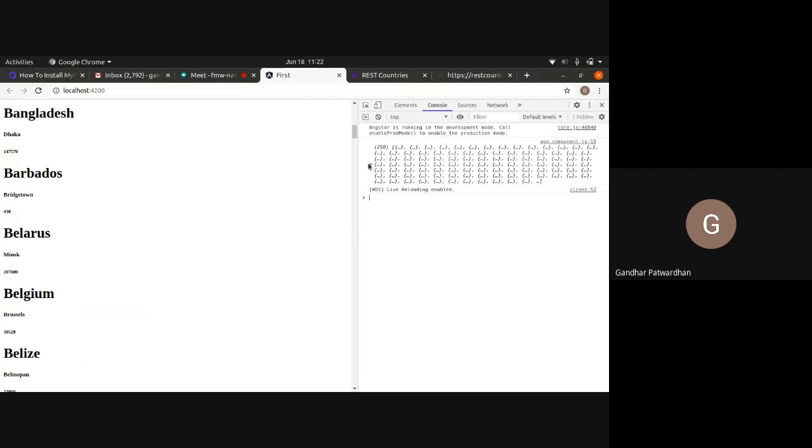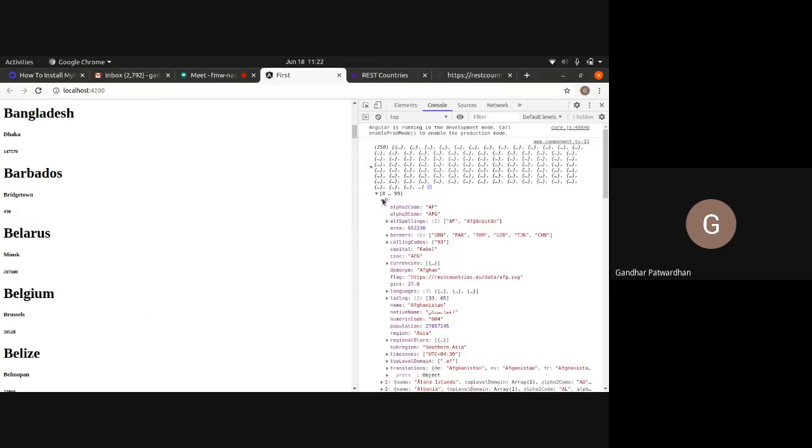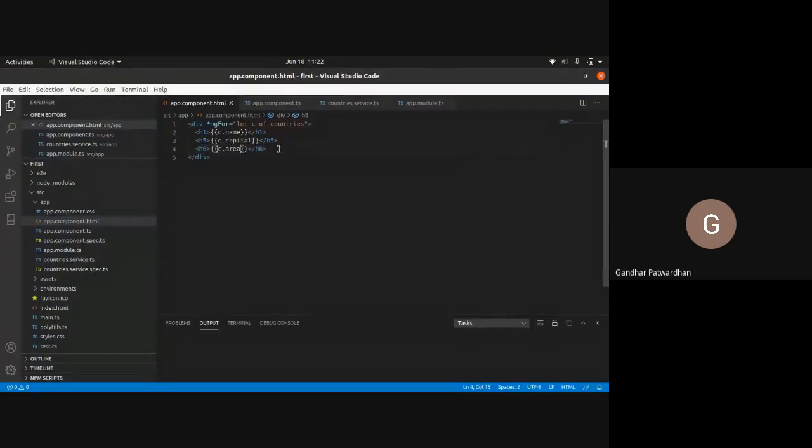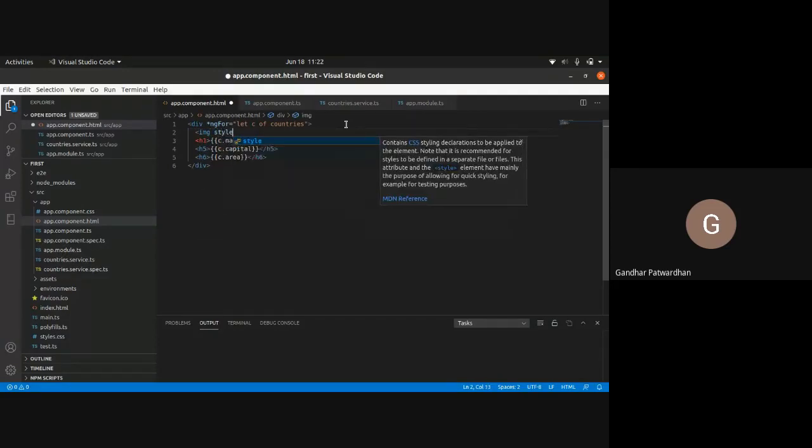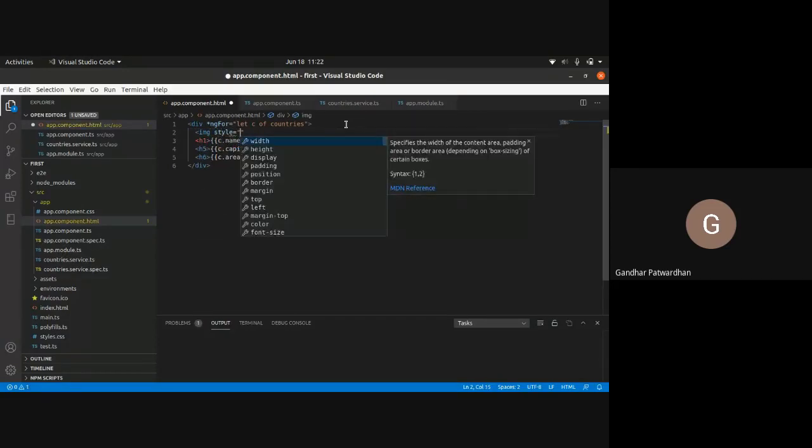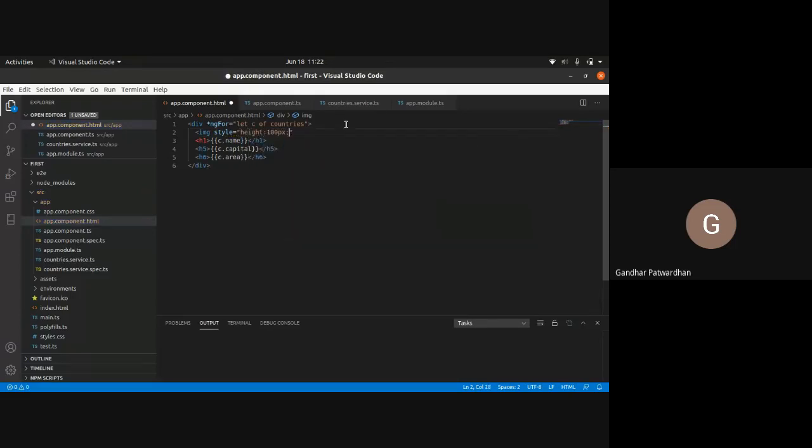This thing also has a flag somewhere. Let us also display the country's flag as well. There is another data member called flag. Let us use this flag. So what I will do is here I will use an image. I will say style equals to height 100 px, width 100 px.